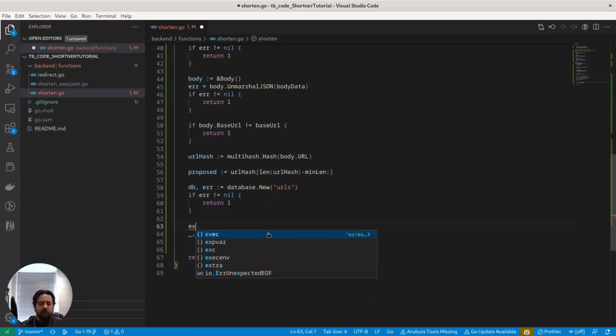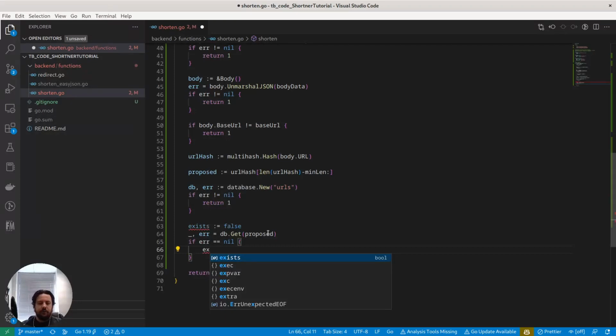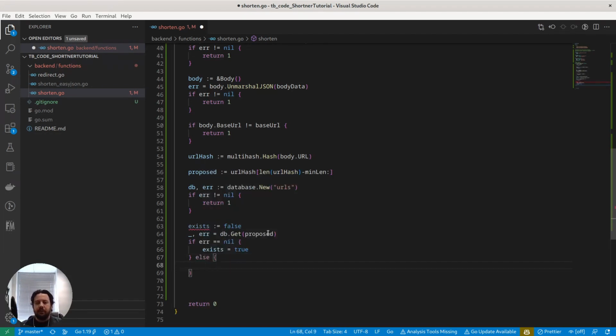And then I'm gonna do exists here, this will be false. So if error is nil, meaning that we did find something, gonna do exists equal true. Okay, so if there is an error, meaning like we didn't find it, we need to do db.put,